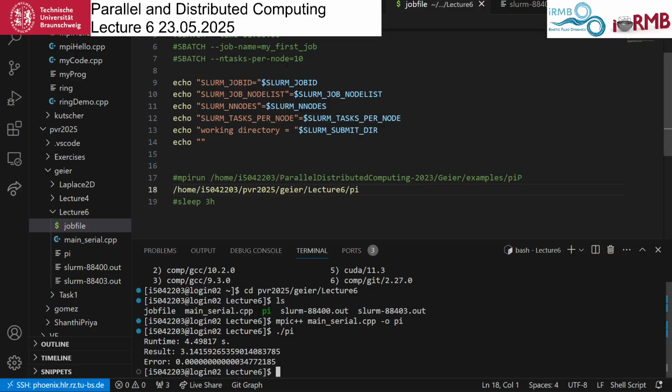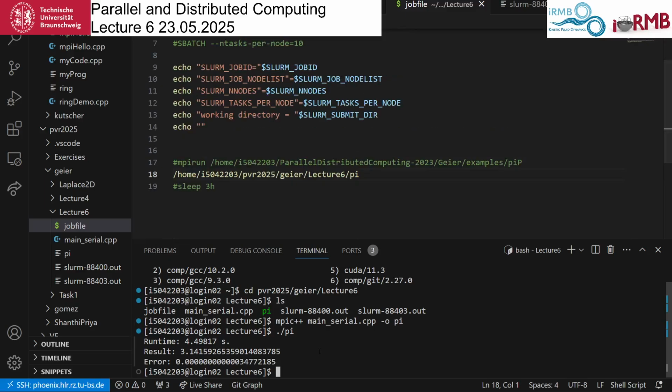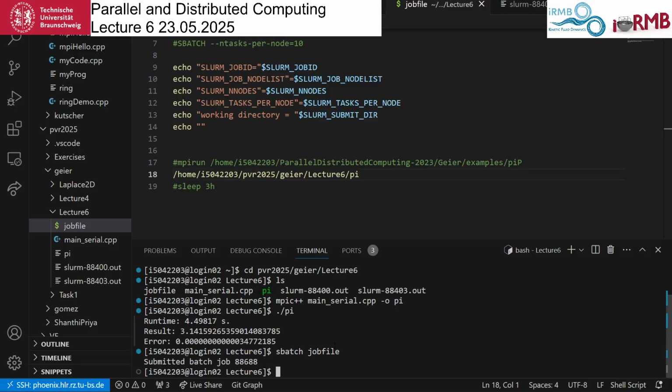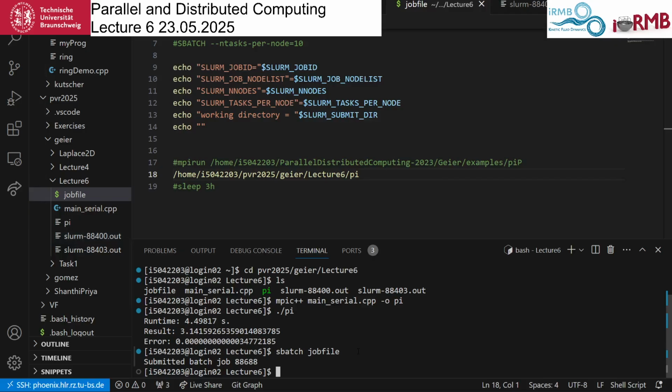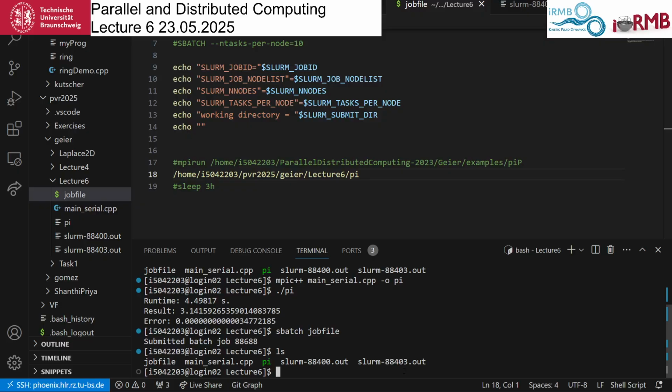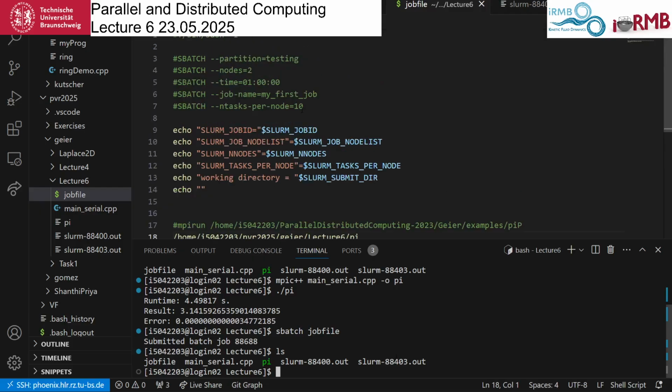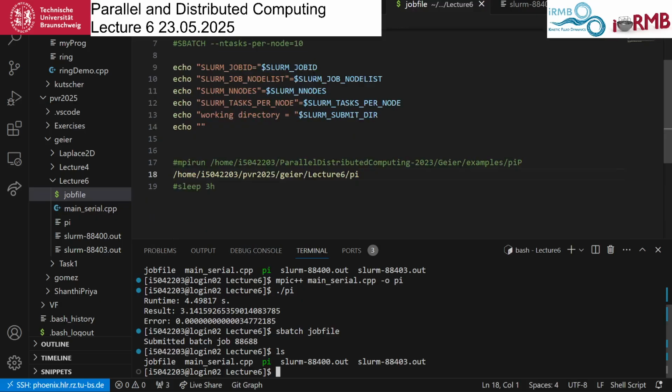What we are supposed to do is submit our code with this job file, and we do this by sbatch job file. So now I submitted it, and it got the handle 88688. What I'm expecting is that it again will take some 4 seconds or so, as long as it's not standing in the queue for long. It may stand in the queue for some time. I hope that